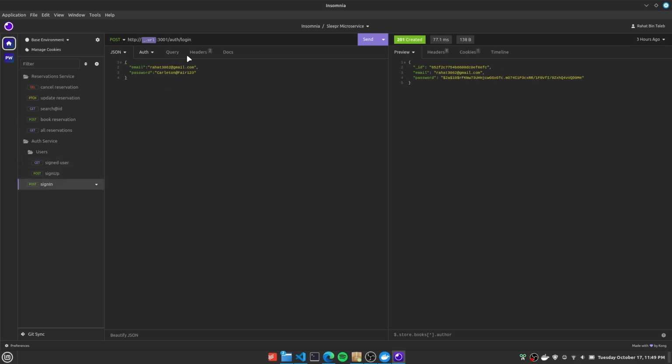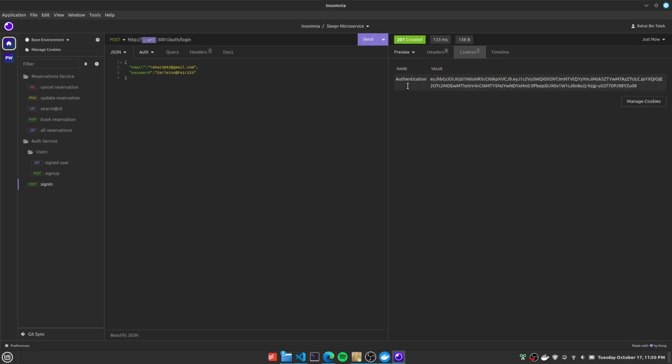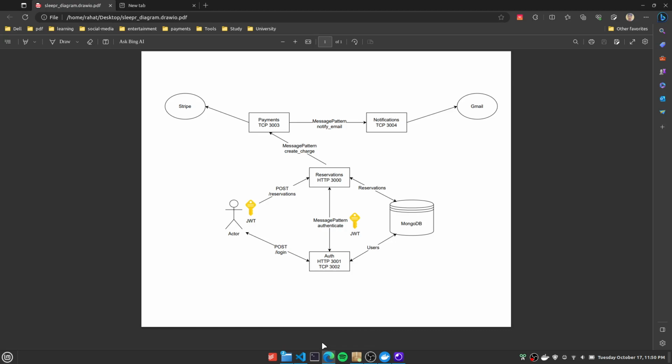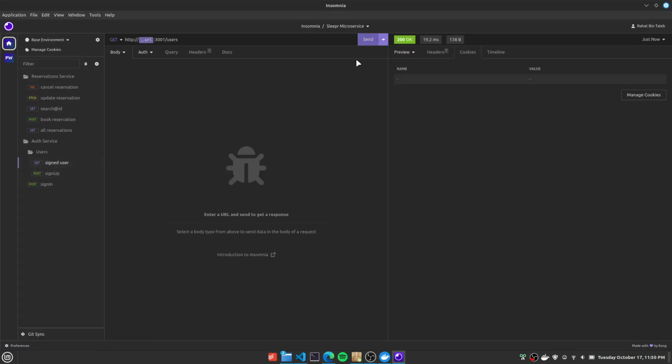At first we have to sign up. You can see that I'm signing up with my normal mail and a fun password here. I will send it, and then I have signed up. After signing up, we need to sign in. Signing in will give us a cookie, and that is the magical key that we were talking about here. And if I check now the signed user,